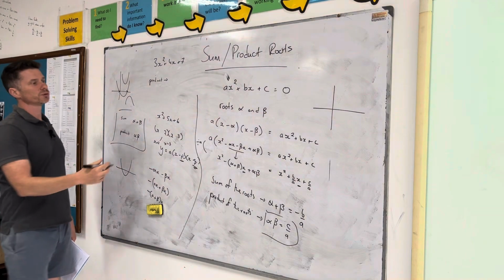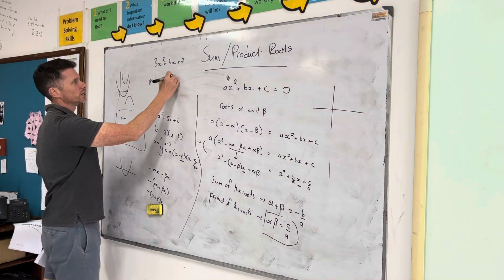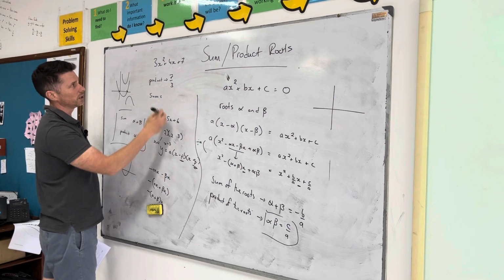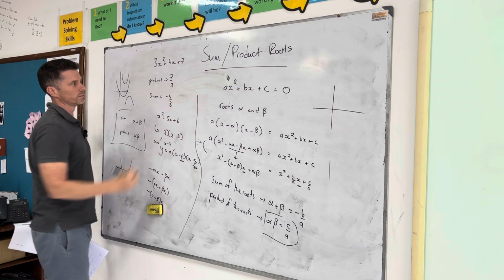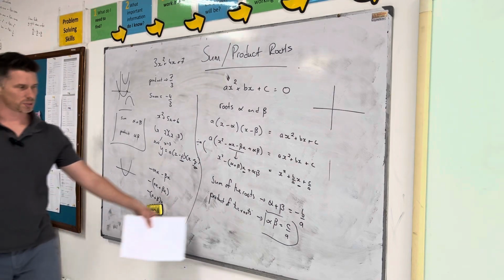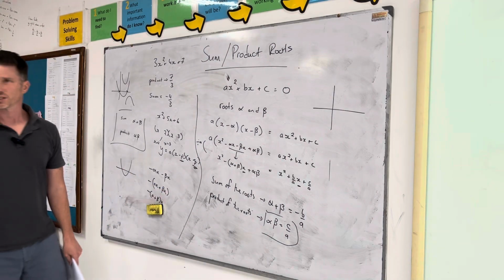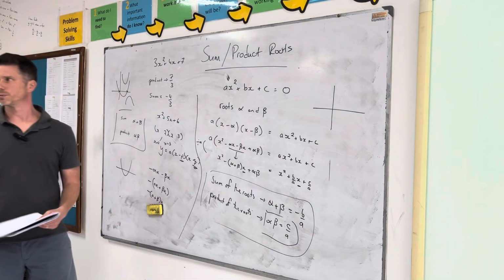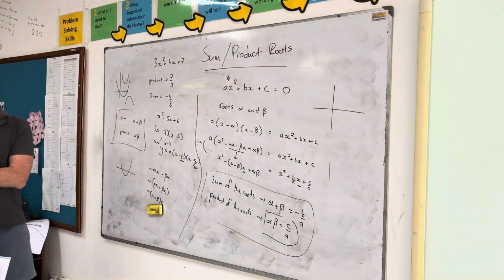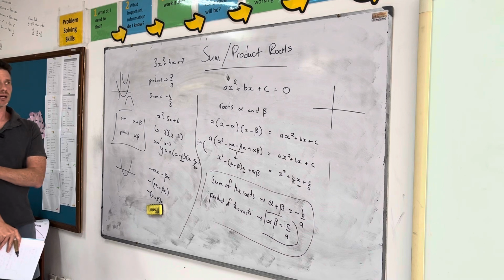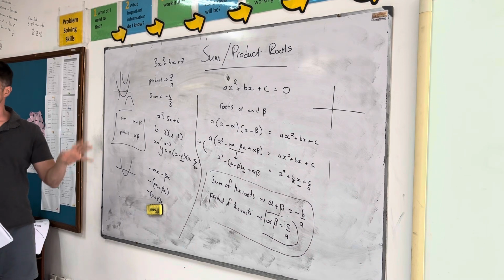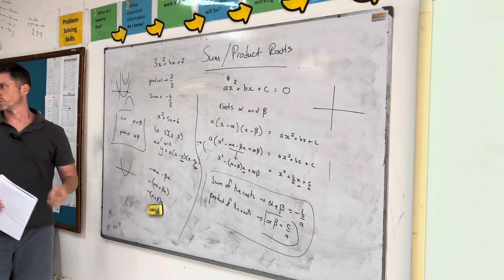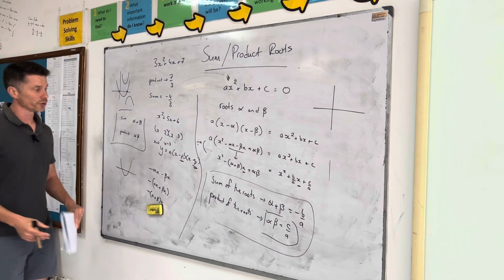So the product of these roots would be 7 over 3. I know that before I even start, and the sum of these roots is negative b, which is negative 4 over 3 of this one, based off this. So this is something that comes up a little bit, and we'll be dealing with it a little bit more when it comes to complex numbers and polynomials, longer polynomials later on. But that's just a starting point. That will come up in this exam, and only related to quadratics. The other thing that will come up